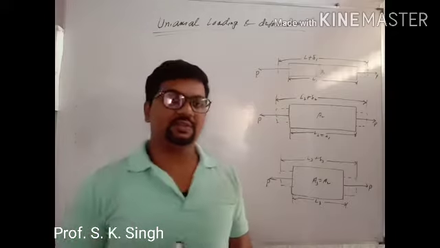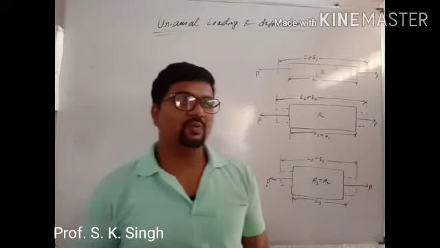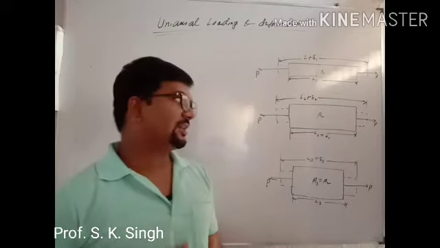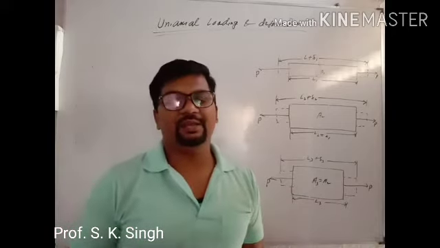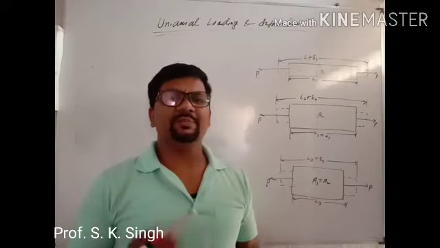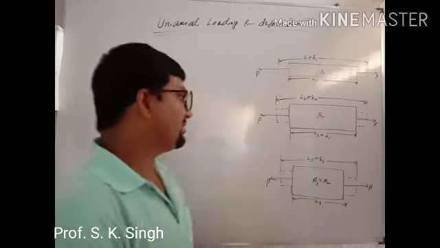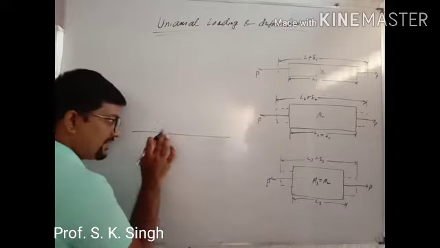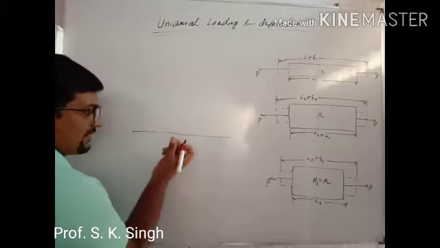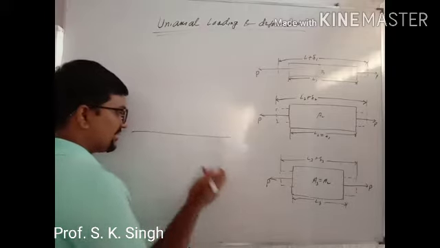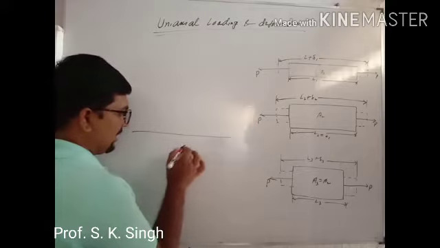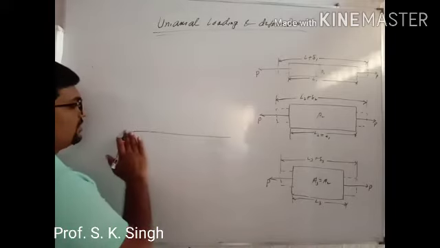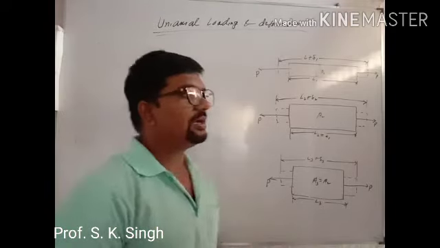What is the definition for this? See, only one direction is valid, and the other two directions are negligible. It means they are not measurable compared to the length. If I say this line is uniaxial or one dimension, it means this line has thickness, and the width and height are very much lesser than the length. So that is called uniaxial or one dimension.